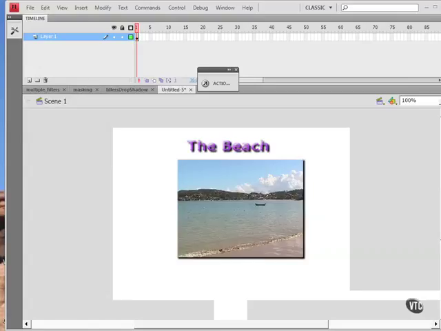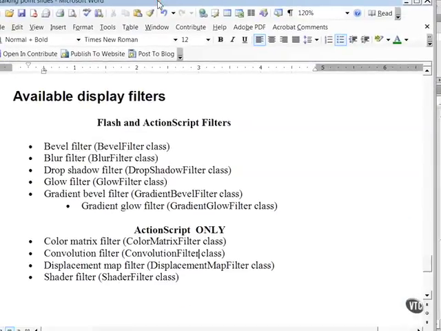One easy way to add some polish to your Flash applications is to add a simple graphic effect, such as a drop shadow behind a photo like I've done here, to give it more of a 3D look, or to add a glow or bevel around a button or label to show that it's active. In ActionScript 3.0, there are 10 filters that you can apply to any display object or to a bitmap data